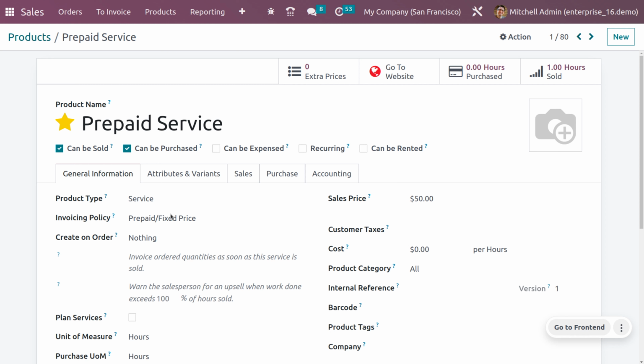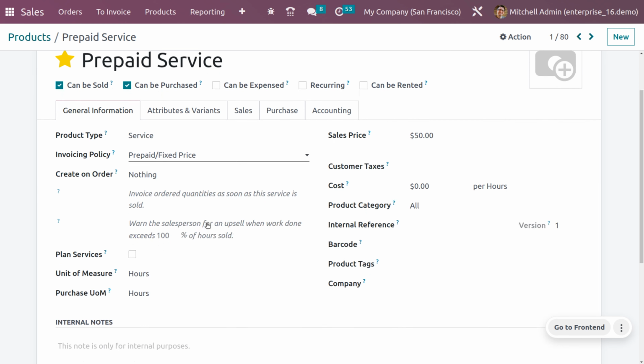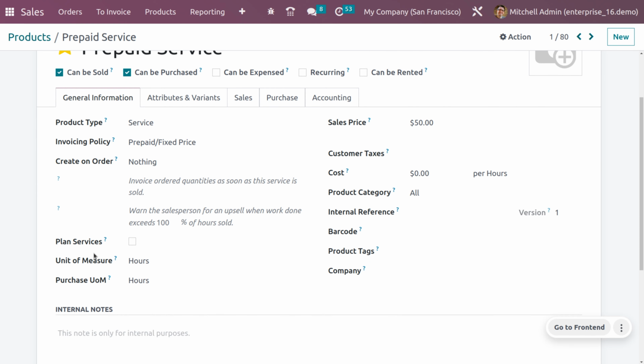So here you have to set the product type as service as well as the invoicing policy as prepaid or fixed, and you also have to set the unit of measure as hours. When support services are billed at a fixed price, an invoice can be created before the work is completed on the issue. In this case, a service product with the invoicing policy set to prepaid or fixed,